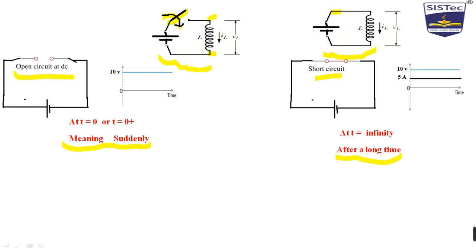But at 10:01 it was open circuited, that means at t equal to 0 there was no current, and after 1 minute there is a full current. So this gap, this time, is very, very important, because in this time the circuit is becoming closed from open. First it is open, then it is closed. Now why is it happening? Why is this sudden change happening?